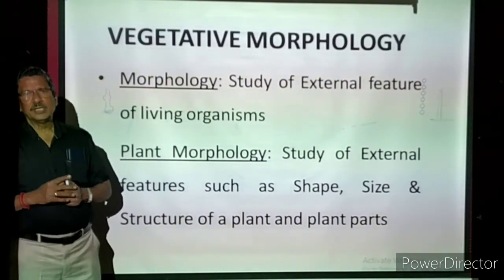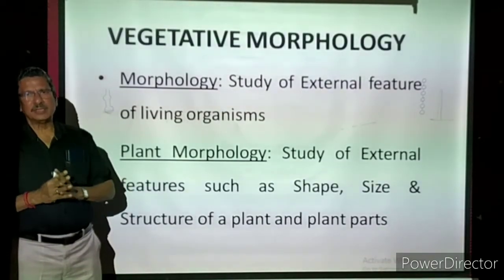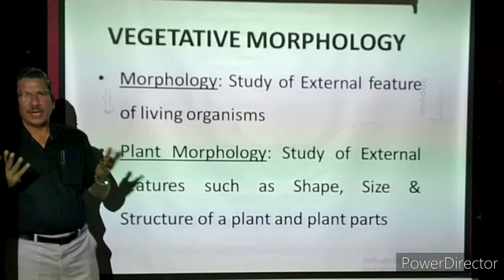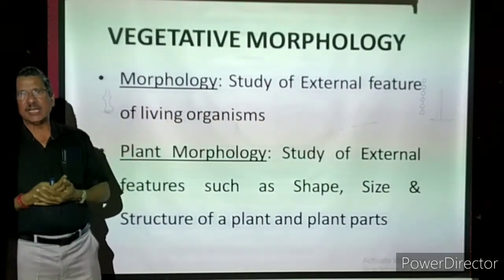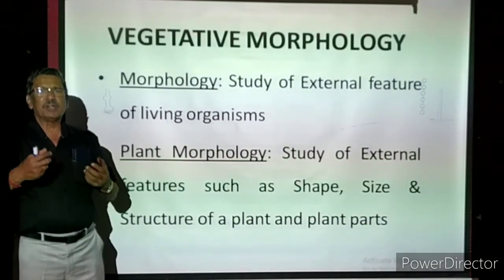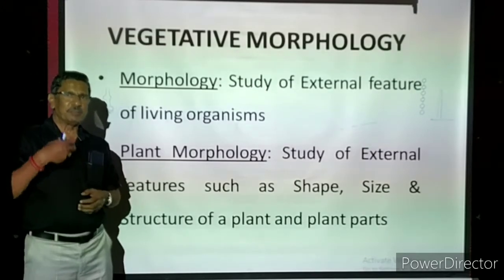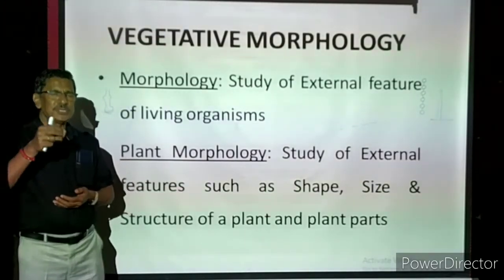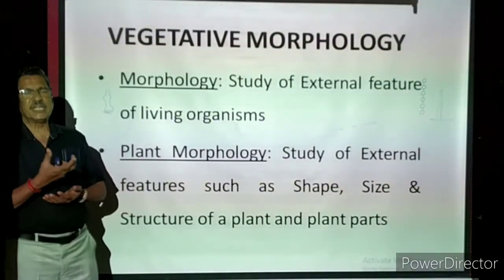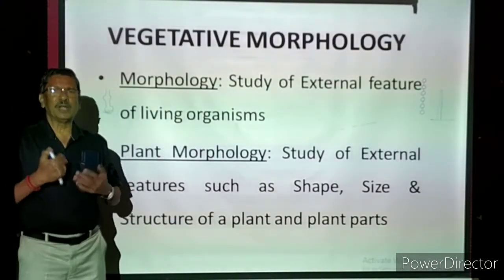We have to see. The aerial part of the plant will have a main stem. Branches may be present, may not be present. Lot of leaves are there. At the axils of the leaves, buds will be present. Then after a period of time in the season, they are producing flowers. Then the flowers are developing into fruits, and inside the fruits, some seeds will be present. Maybe one seed or many seeds. These are all the various parts of a plant.